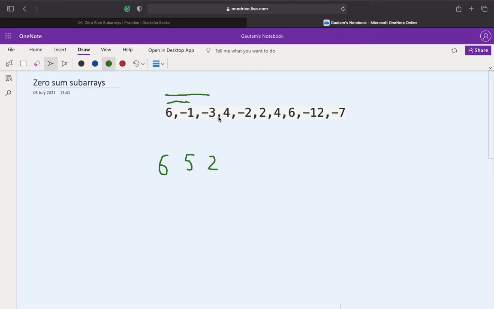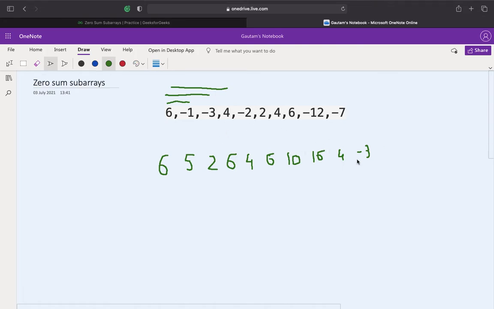For the next index, the sum would be 2 plus 4, which is 6, and then it will be 4, then 6, then 10, then 16, and then 4, and then minus 3. So basically I've created this prefix sum array.